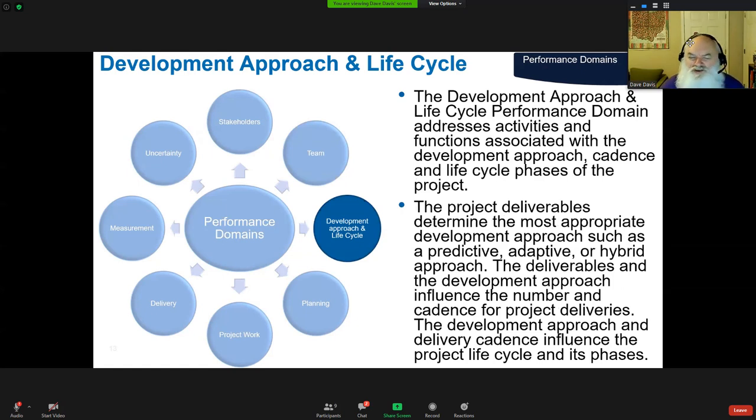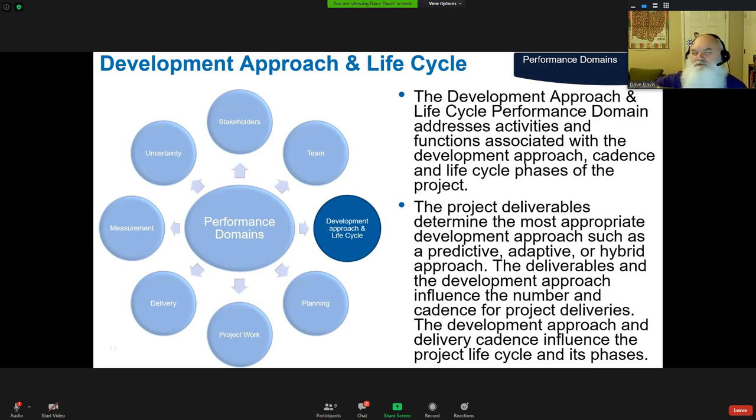The development approach and life cycle. Again, what's the best tool or process in order to meet our current goal, this next iteration? And this looks at that whole way of development approaches, that it may make sense for a part of it to be heavy upfront planning, a la waterfall. And then once you get into this level of developing a product, you may go to more of an iterative hybrid approach, because you may not know what is the best first step to do.